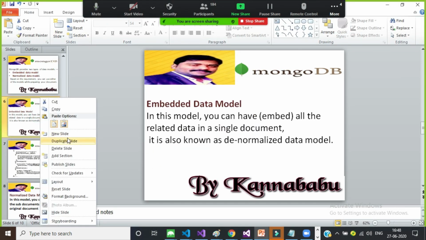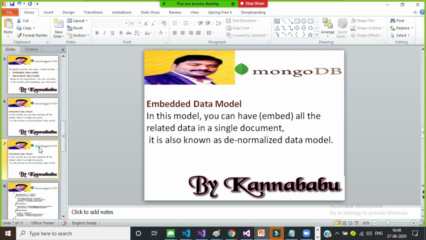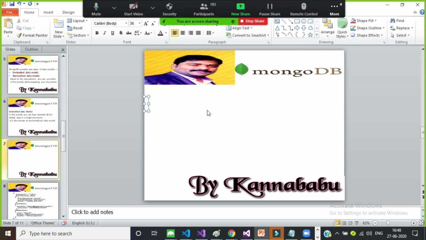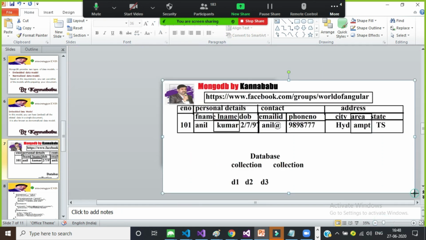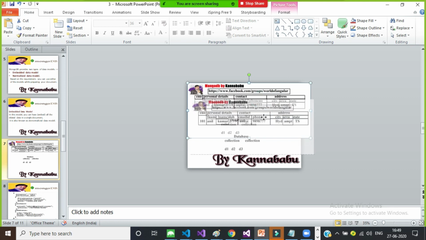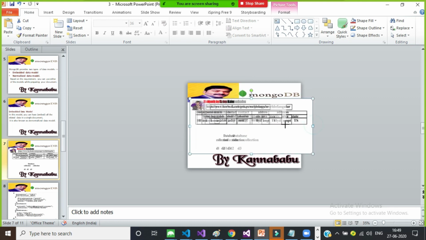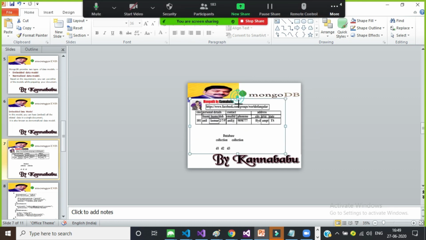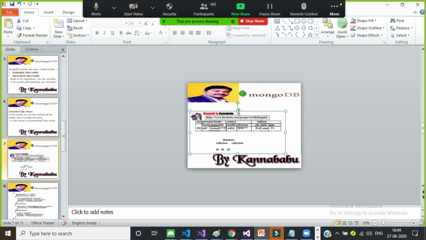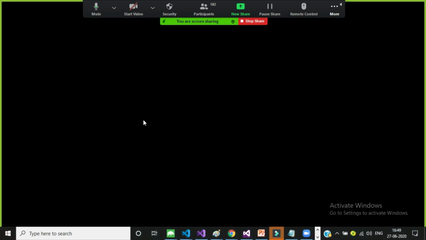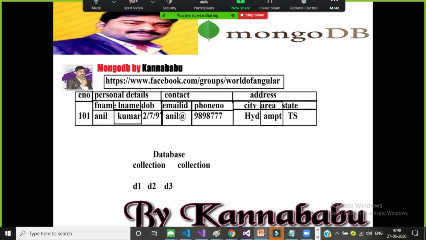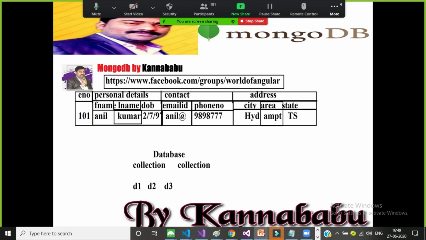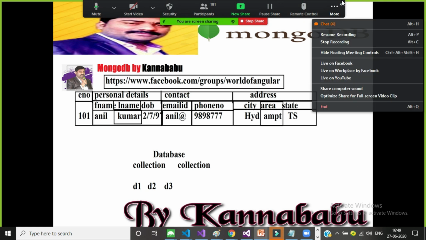Right click. Here I'll try to create. Is it clear? Here I'll try to maintain my database. This is your relational database, but this is not possible. Practically, it is not possible to store the data in this format. When you work with a relational database, practically it is not possible to maintain the data in this format. Did you understand? I want to maintain the employee details like employee basic details, personal details, contact details, as well as address. I want to maintain these details.